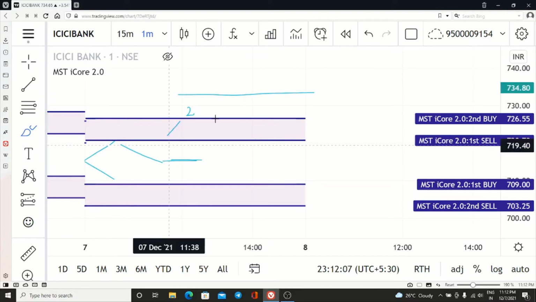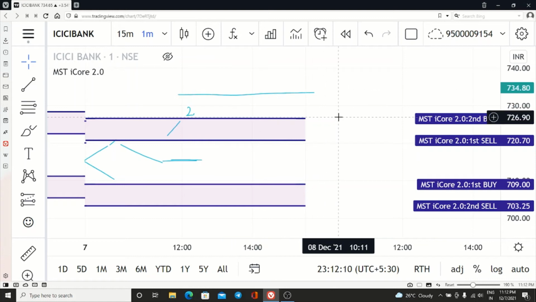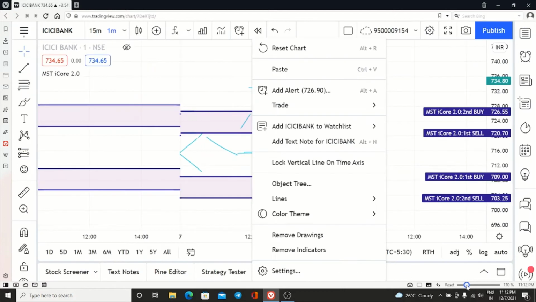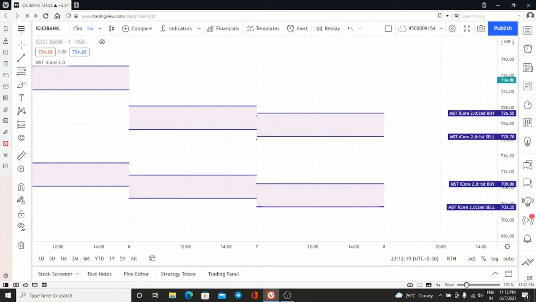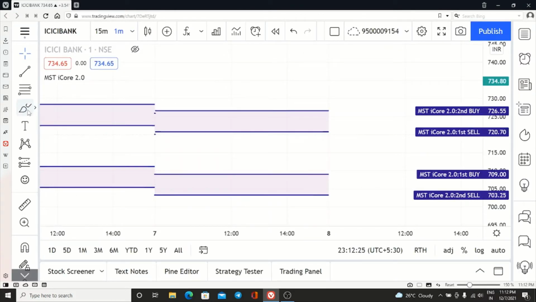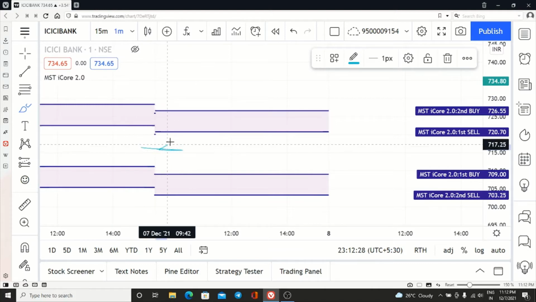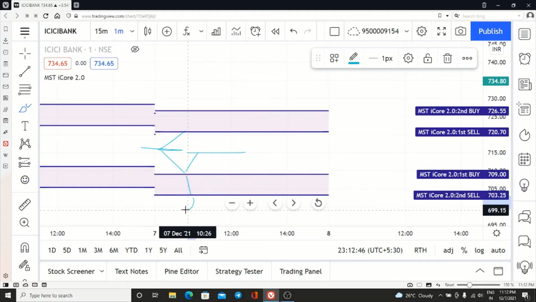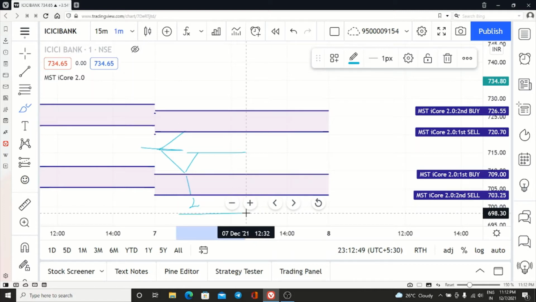Wherever the market opens, we don't mind. Wherever the market goes, we don't mind. We have to be very clear about our strategy. If the market opened anywhere, no problem. If it comes to this place first, you have to sell. If it is coming down, you have to buy. Then you have to enable the first buy targets and first sell targets. If the target hits, no problem, you are enjoying the profit. If SL hits, then you will be in a loss, and here you have to take a double lot for the next target.